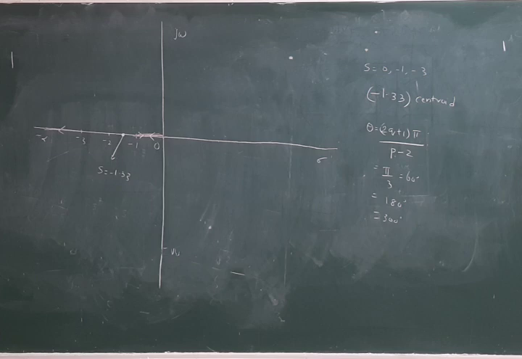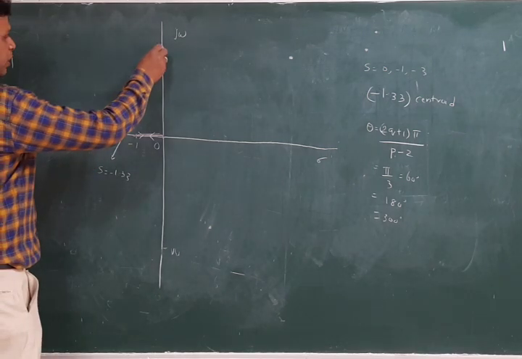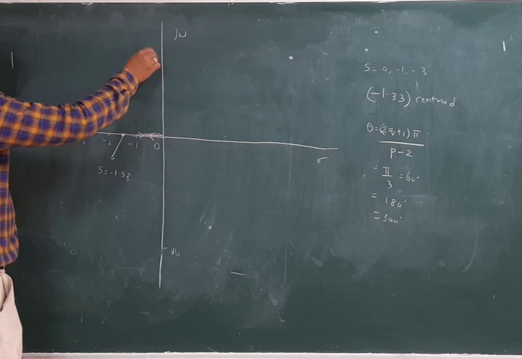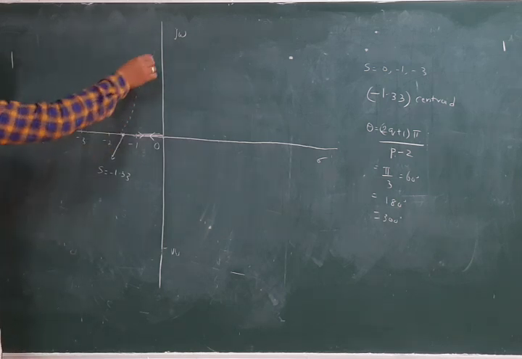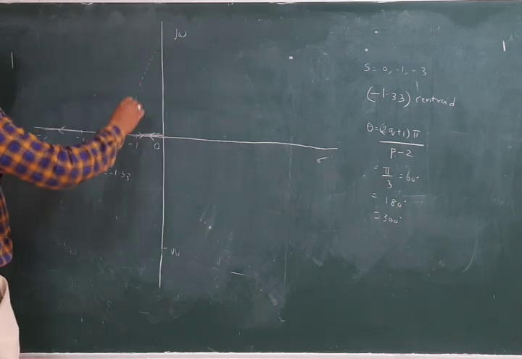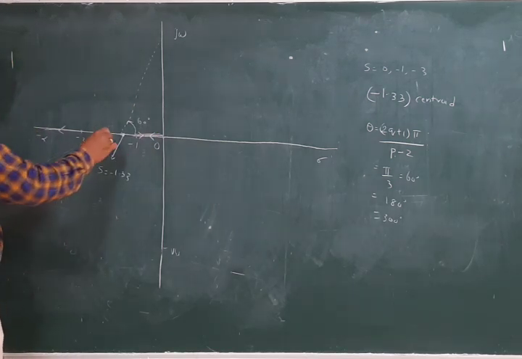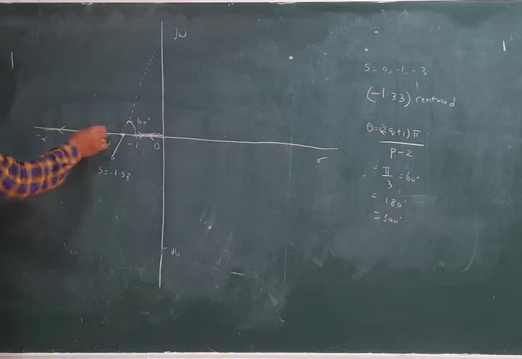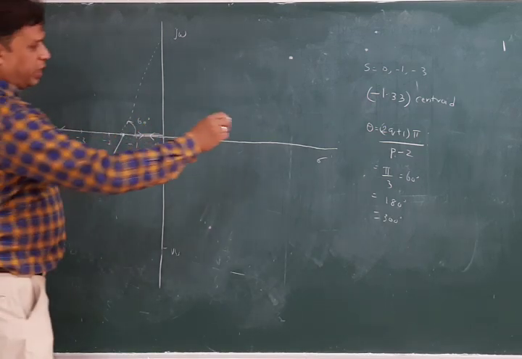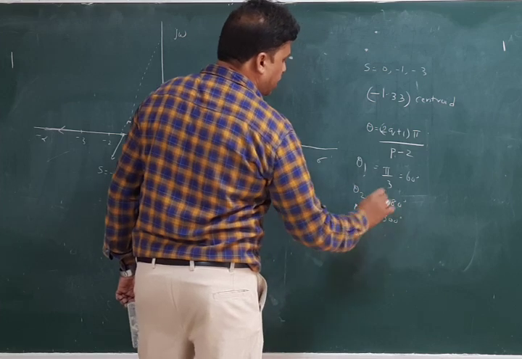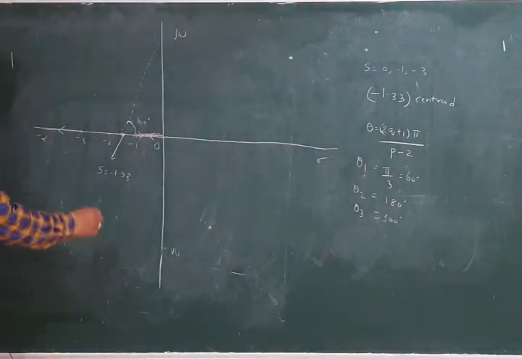Out of these 3 angles, first you have to draw the 60 degrees angle. You draw the asymptotic angle by the dotted line. The centroid is the intersection of these asymptotic angles. So I am intersecting at this particular point and drawing the asymptotic angle, that is 60 degrees here. Next asymptotic angle is 180 degrees in this way, and the next asymptotic angle theta 3 is also plotted, theta 1, theta 2 and theta 3 here. Theta 3 is equal to 300.